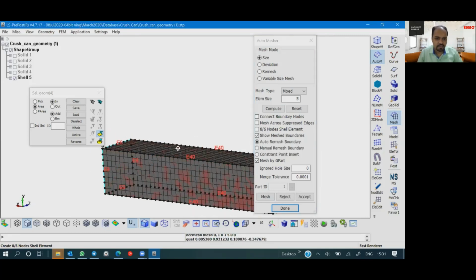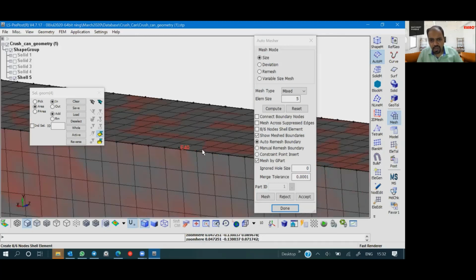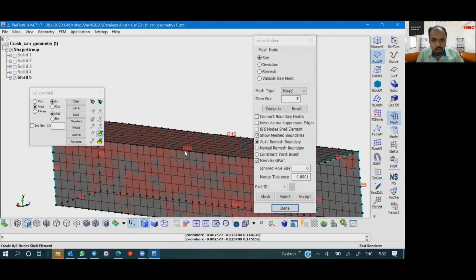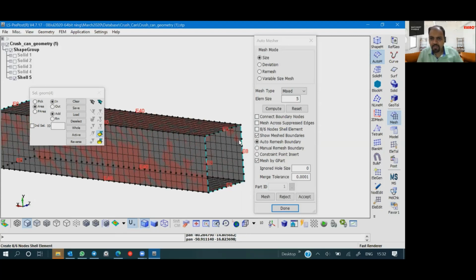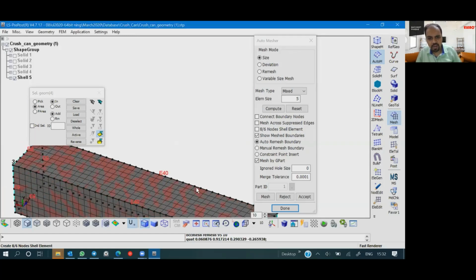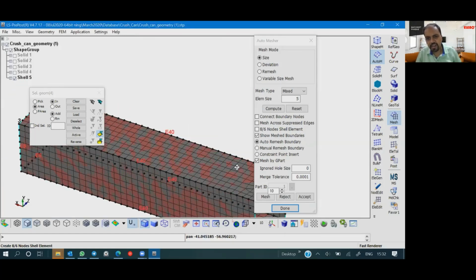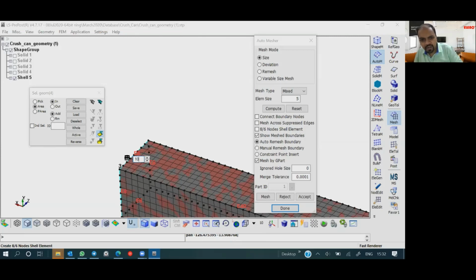So you can see a simple uniform mesh gets generated. Now if you see these numbers, E40, E40, then you have E8, that is nothing but the number of elements in that particular section. If I want to change it, let's say I change it to 10, see what happens. There are two triangles getting generated. Now if I make a change here, respective change 10.